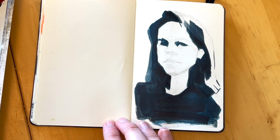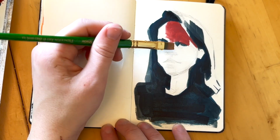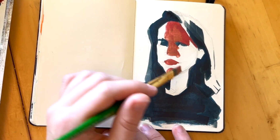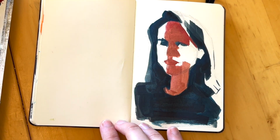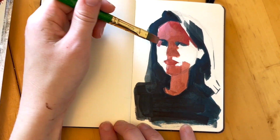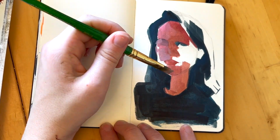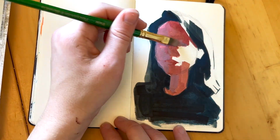And so I happened to be taking a selfie in the evening when I was sitting next to my lamp that was on, that was casting this yellow artificial light, but at the same time it was evening outside, and so there was this cool blue evening light that was coming in and hitting the other side of my face, and it created this really interesting contrast of hues across my